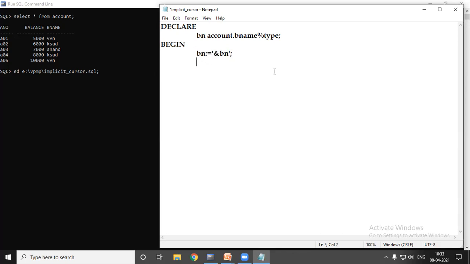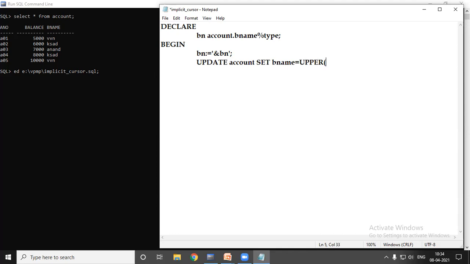So here we have to use the update operation. Update, table name, account table. We are setting a new value for the B name column. So update account set B name is equal to upper of BN.